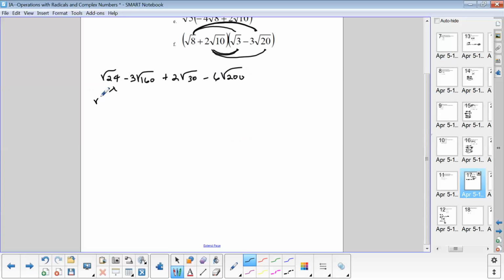So the square root of 24 would be the square root of 4 and the square root of 6. So that would be 2 square roots of 6 minus, and then 160. 160 would be the square root of 16 and the square root of 10. So this would be 3 times 4 times the square root of 10 plus, and the square root of 30